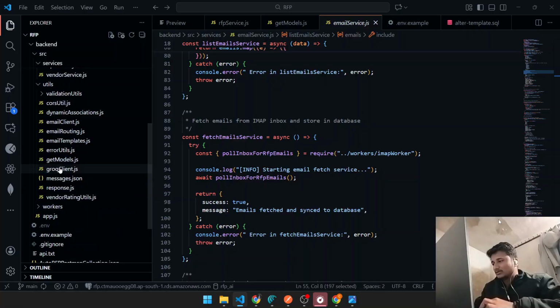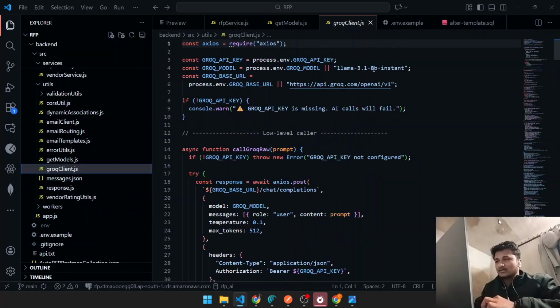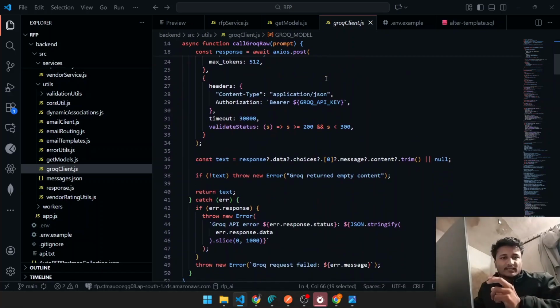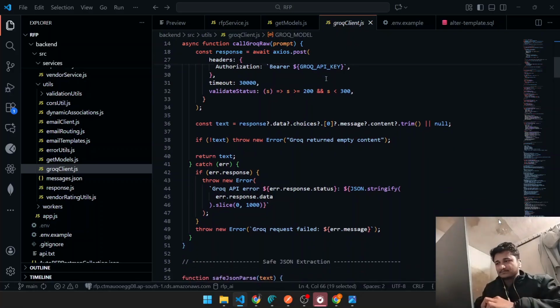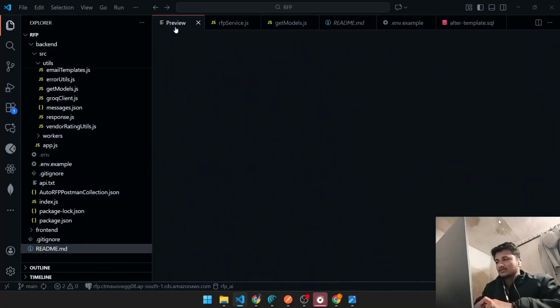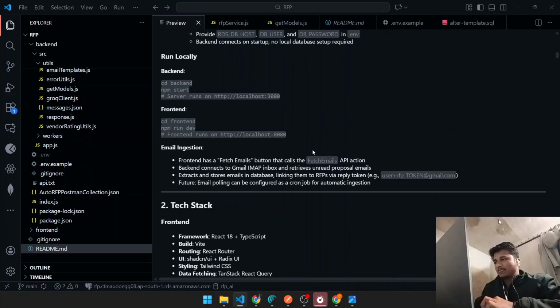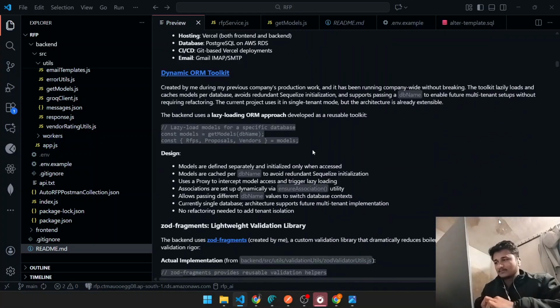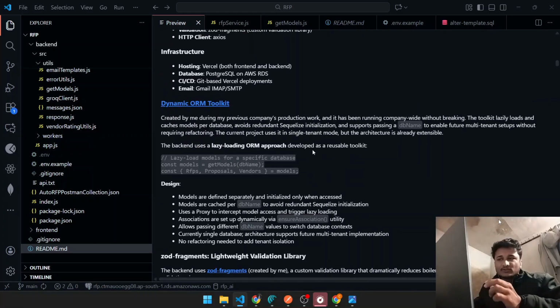Okay, the Groq client. I have used the Llama 3.1 8B Instant model, so it's fast. It can provide 8K tokens per minute. And here is the readme.md file as the requirement. I have provided all the details about the project in the readme file. Please check it out. And yes, so this is the complete walkthrough of the